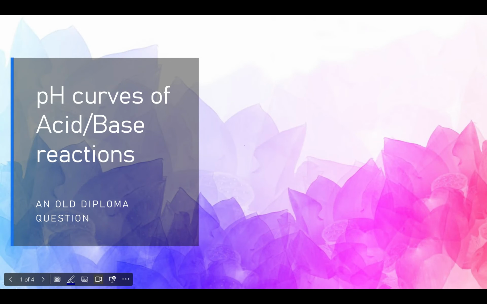So today I'm taking a look at pH curves of acids and bases, and I'm going to use that taking a look at some old diploma questions like before. So to start off with, here is a question that shows a pH curve with some different parts highlighted that